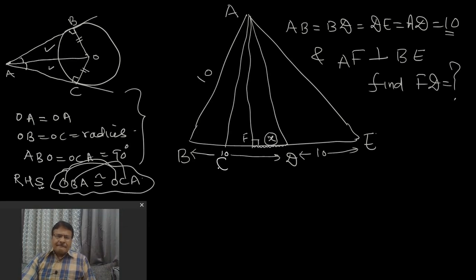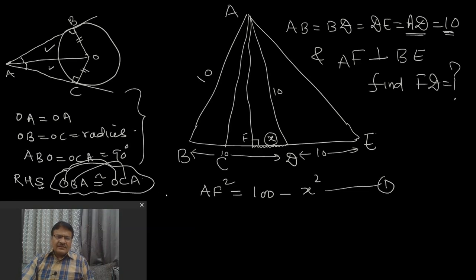Now tell me one thing. This is again given 10, A to D. Yes, AD is also 10, so I can write here 10. Now can I determine AF by Pythagoras theorem? Or I can say AF square. What is AF square? So perpendicular square. If I see this triangle ADF, then I can write AF square equal to AD square, that is 100, minus FD square, that is X square. I can write it equation number 1.